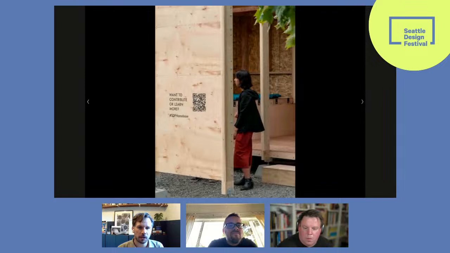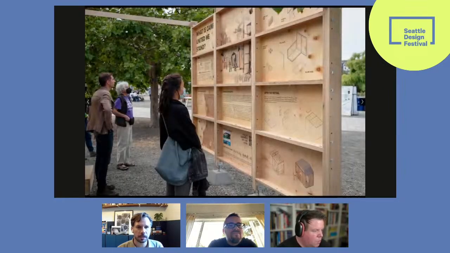You're seeing the wall module exploded here. This one, we actually went the opposite way, right? We wanted people to understand who Camp United We Stand was, what their mission was, and a little bit about how the modules came together. This one was pretty heavily based on these little 2x4 modules, using commodity goods that you could buy. Everything at Home Depot was one of their asks, right?